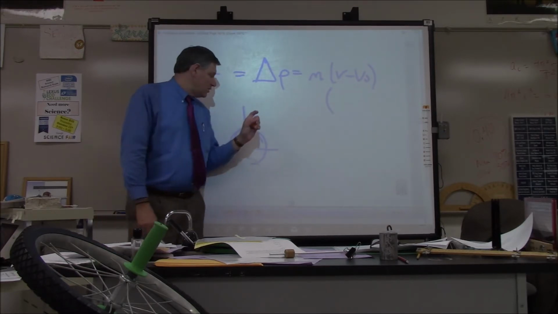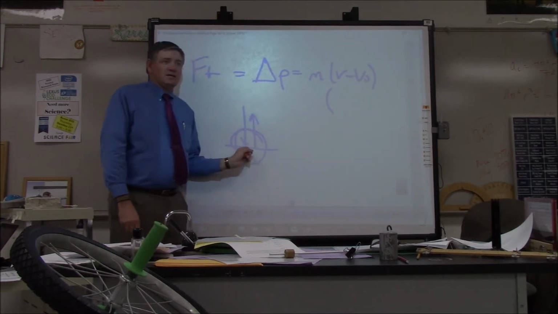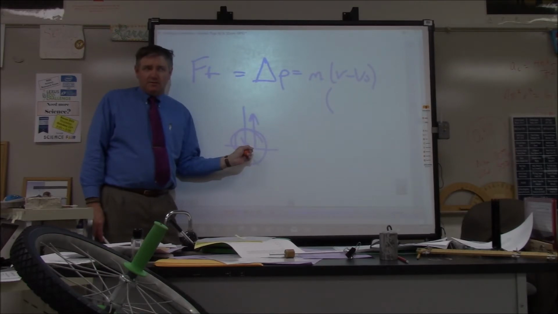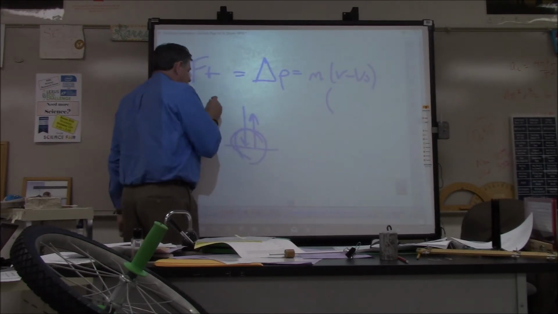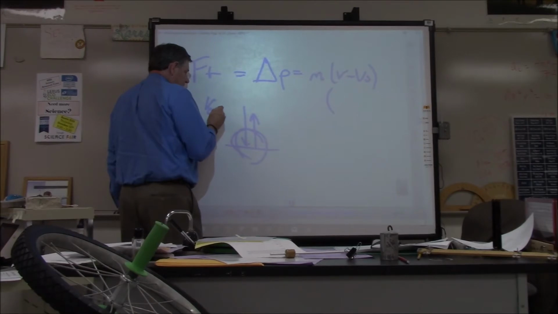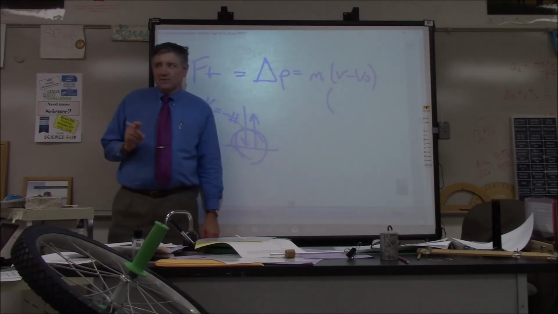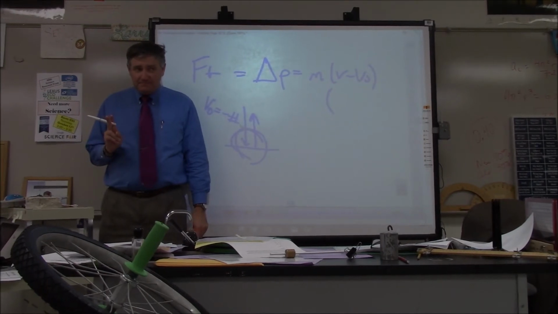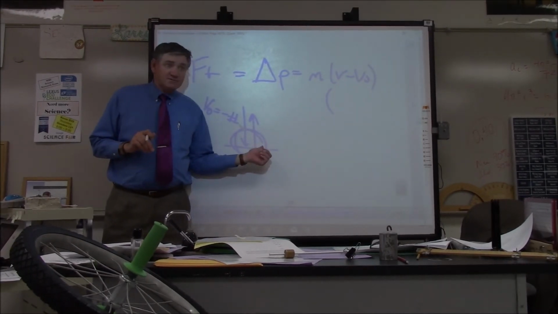So what do you know about the sign of the velocity when it hits the ground? Negative. It's a negative number. So when it hits the ground, that's going to be my V naught, which is going to be some negative number. Good with that. Now, when it leaves the ground,